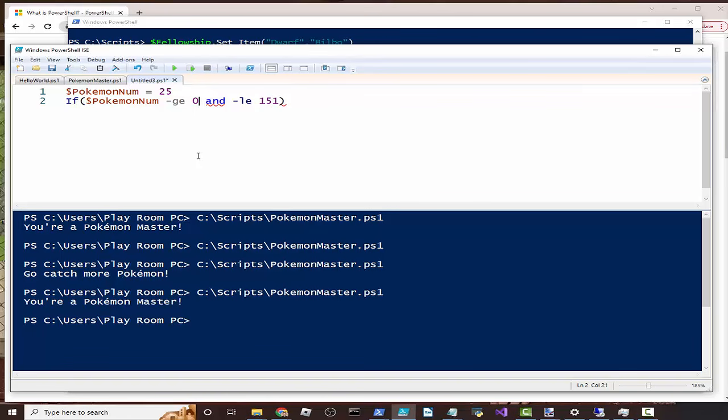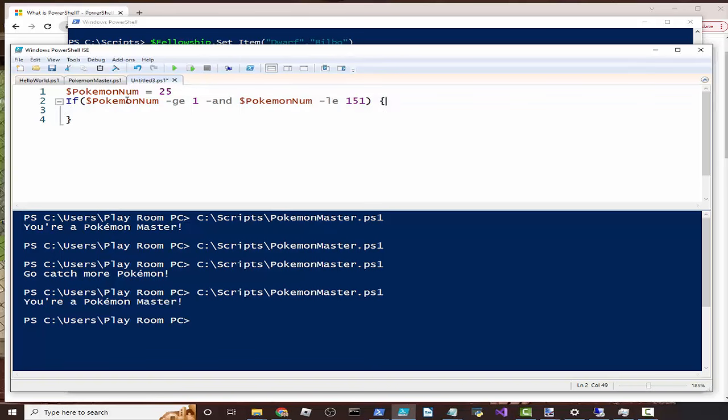Oh, and it's complaining there. That's because I need a dash on my end. What's it complaining about? Oh, because I don't have the Pokemon number. There we go. So we're evaluating it. Hey, if your Pokemon number is greater than or equal to 0 and less than or equal to, and actually if it's 0, it's not really part of Kanto, I guess. So we'll do greater than or equal to 1. There's no Pokemon 0. So you use that to evaluate like MissingNo or something. But anyway,